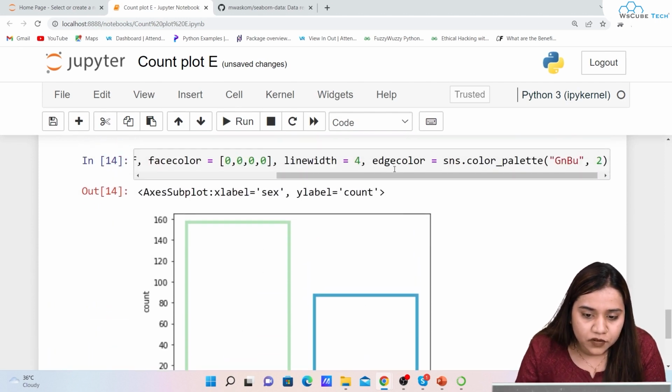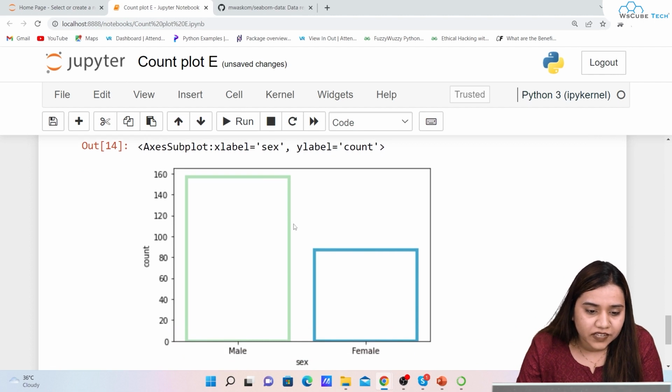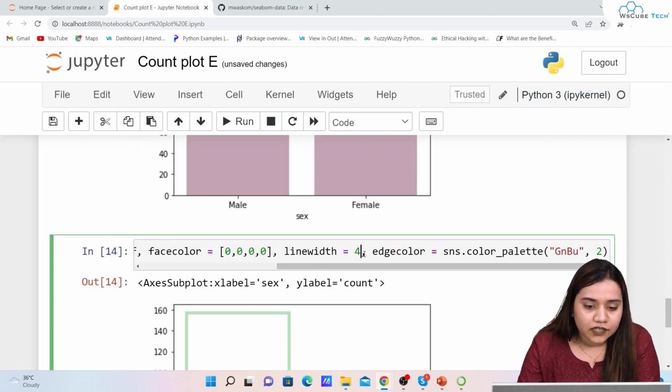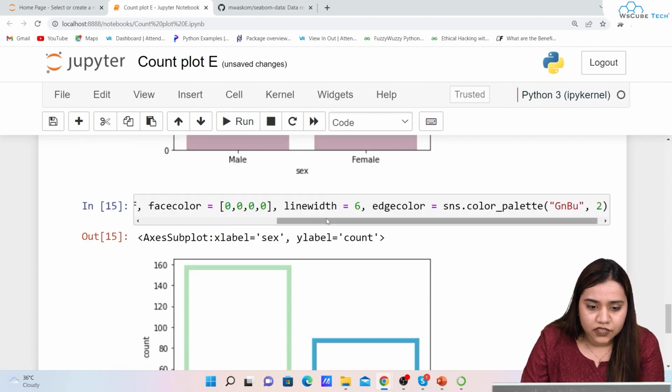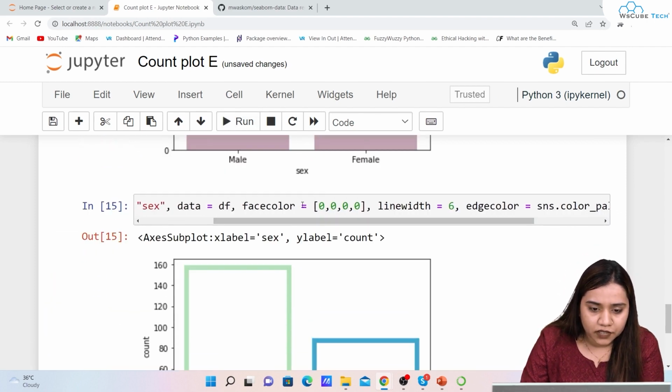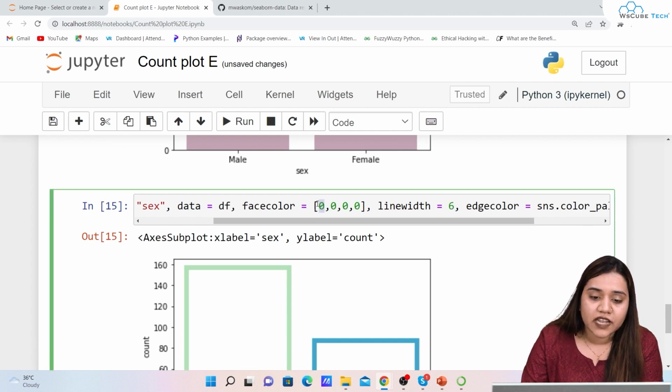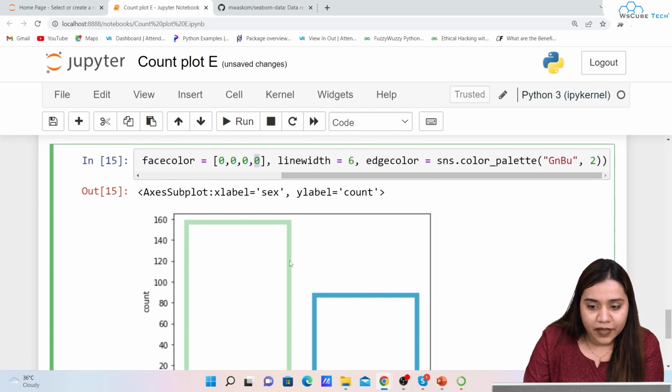And you can see over here, because I have given the line width of 4 over here, it is showing me a line width of 4. And similarly, if I would have given it a little bit thicker, it would have looked like this. So here we can give a line width. Face color over here means it is taking 4 parameters, that is 0, 0, 0, 0. The first one stands for R, then the second one for G, the third one for B, so RGB, and the last one is the value of alpha over here. Lastly, in the edge color, we have taken a color palette, and in that we have passed 2 parameters: which color you want to fill it with, and lastly the number of colors.